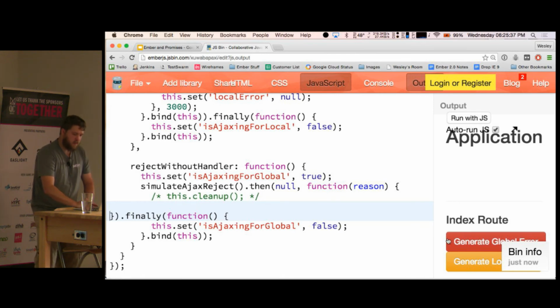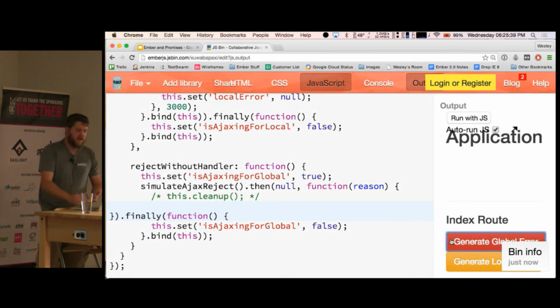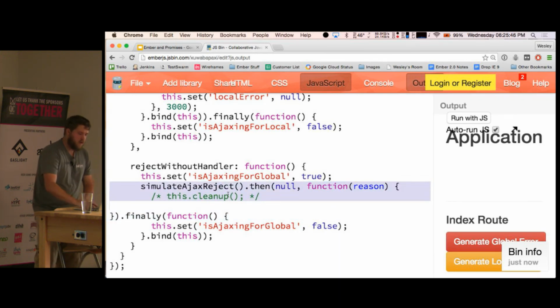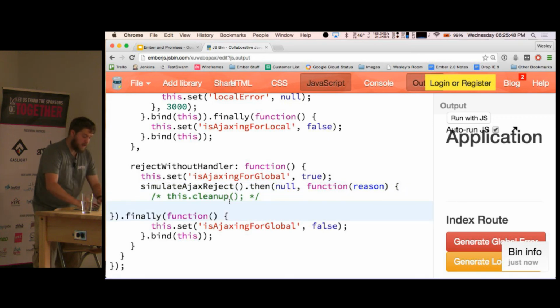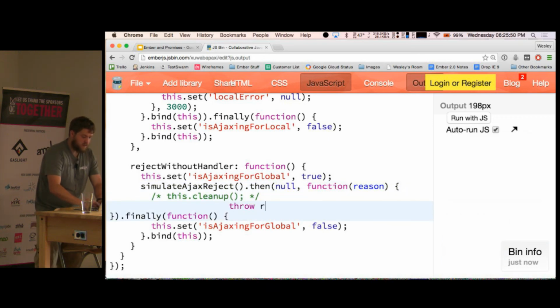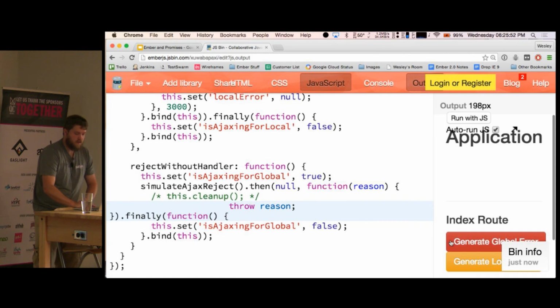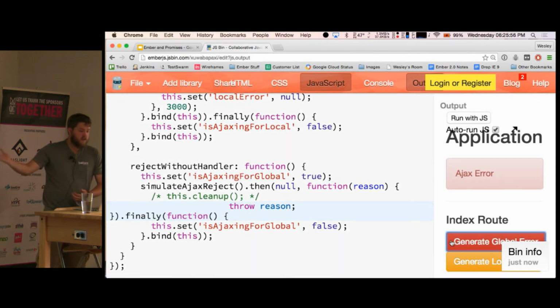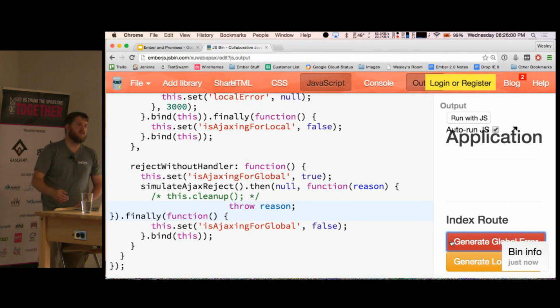So clicking global here has no effect because even though I didn't alert the user, I just cleaned up some maybe transient state, it's still been swallowed. So in order to continue to propagate that, you want to throw the reason, and now it continues to propagate. So a further consumer that might have another then down the line could handle it, or eventually the global one handles it.